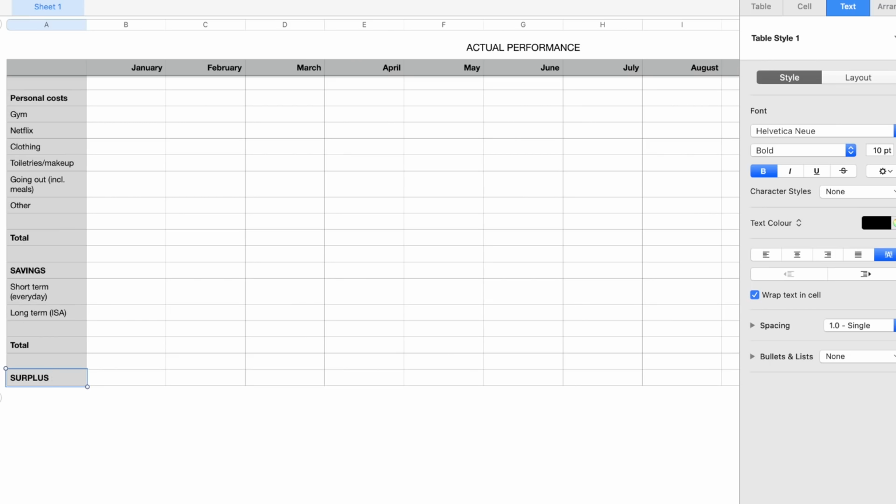So once you've got those three categories down, your income, your expenses and your savings, the last thing I put on my spreadsheet is a surplus row. So this is basically the money that is left over once you have deducted your savings and your expenses from your income. And this money, you can do pretty much whatever you want with it. You could put it into savings, you could invest it in something, you could buy something nice for yourself, basically whatever you like. So I hope this video hasn't been too confusing and it's been helpful for creating a budget